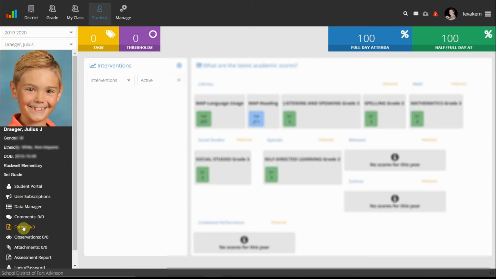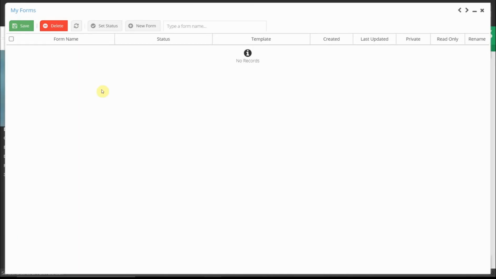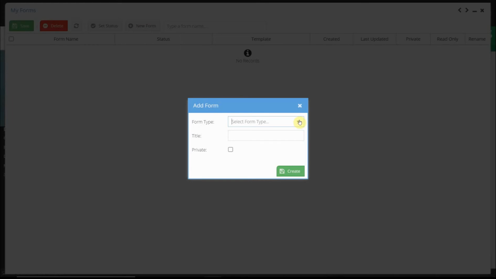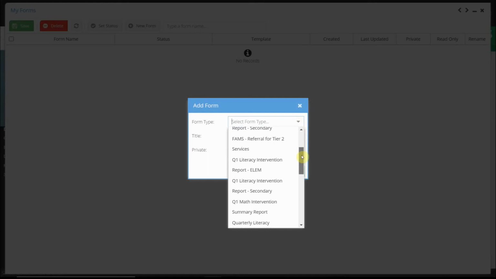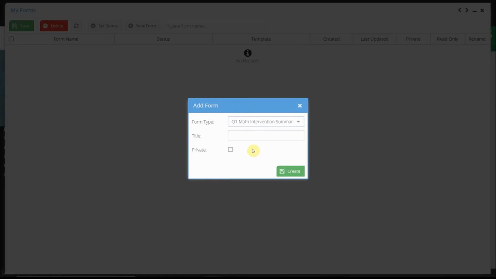Come down to Forms in the left menu, double click on it, and you'll see anything that's been created within here before. Go ahead and click New Form, and this type is actually a template. I'm going to use Quarter 1 Math Intervention Summary Report. I'm going to title it the student's name, so last name, first name, and then a quick shorthand is possible, but remember other people do have to reference this, so it would be recommended to just put the title of it in there. So Quarter 1 Math Intervention